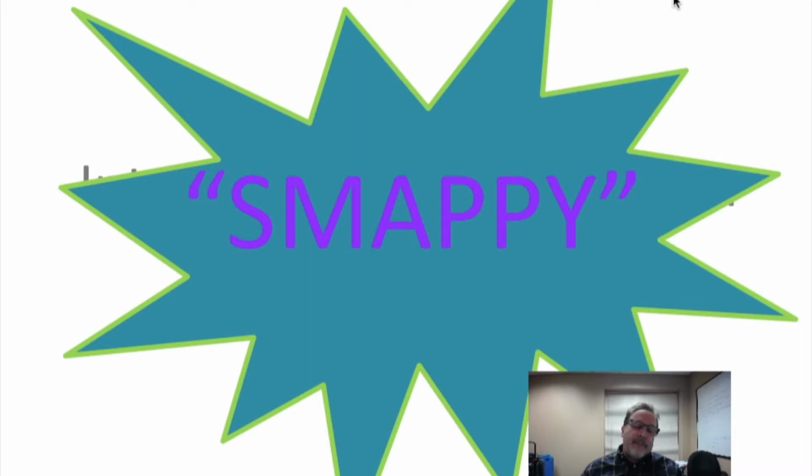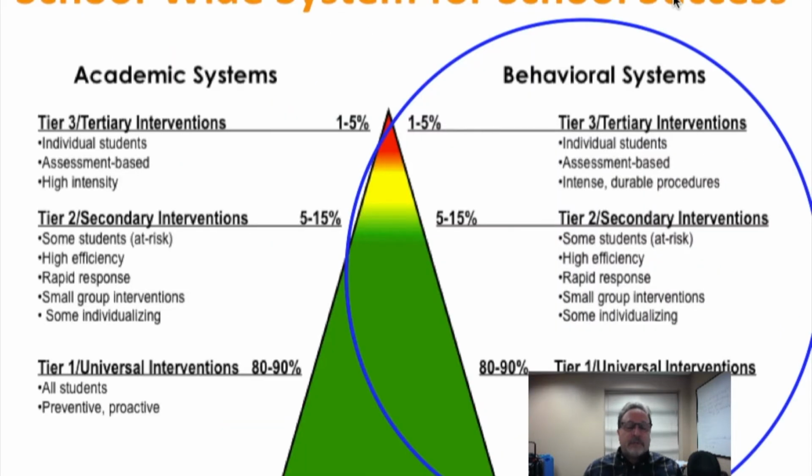So academics and behavior go hand in hand, and we've talked about this a bit before, but I'll just mention again that the two are so closely related. For students that are struggling, it's really critical that we are looking at both of these aspects and supporting them appropriately, not only for their well-being, but because we know that improvements in a behavioral domain are going to affect academic functioning and vice versa.